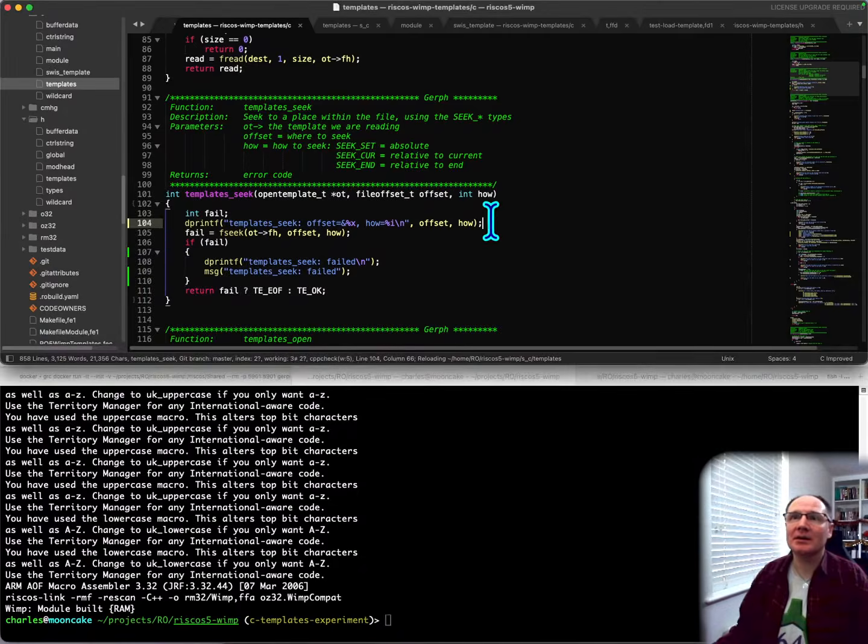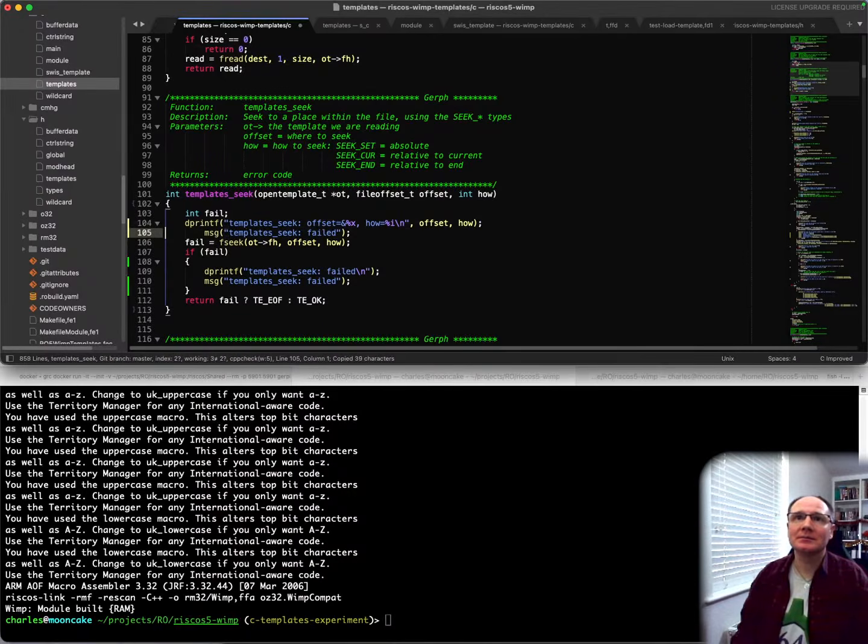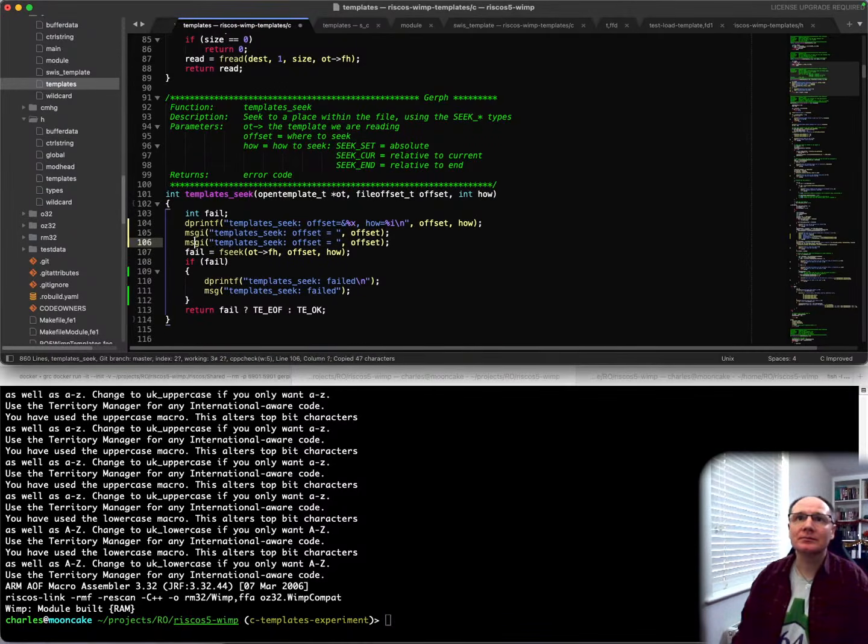Not printing out the... Let's just try this. Offset equals offset. How equals